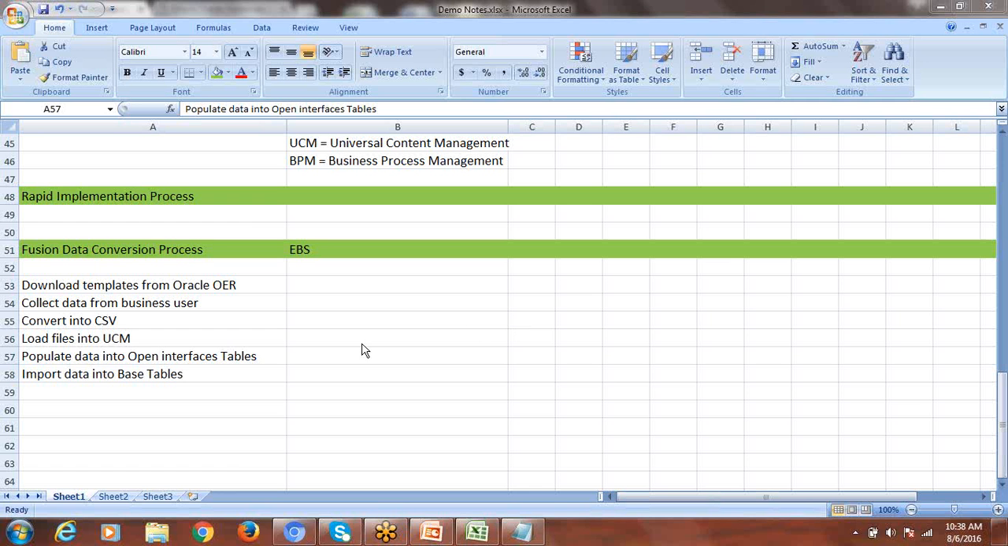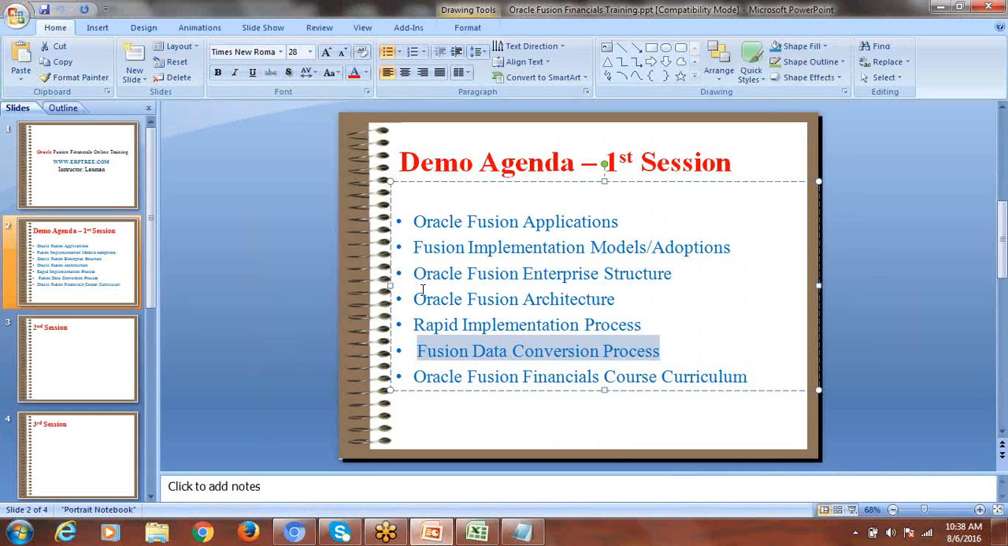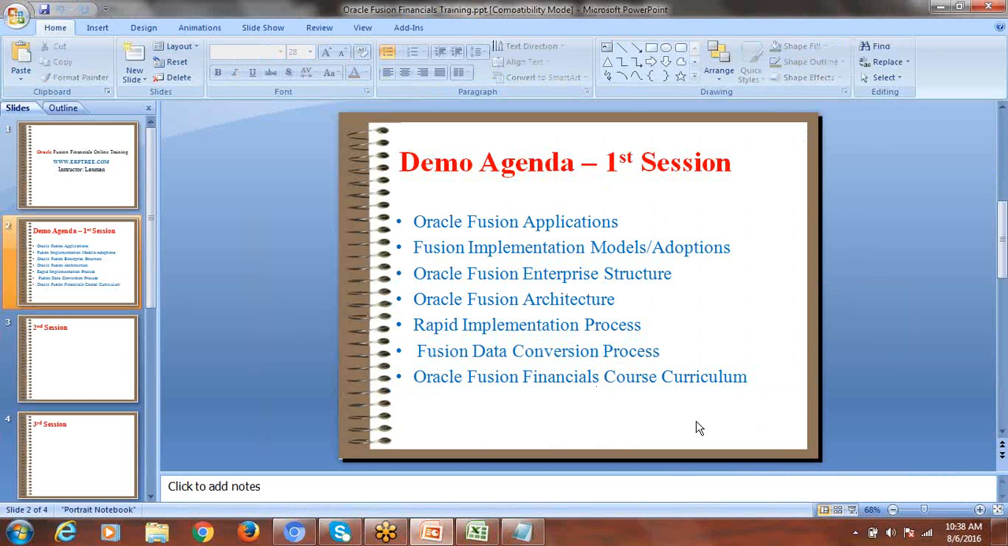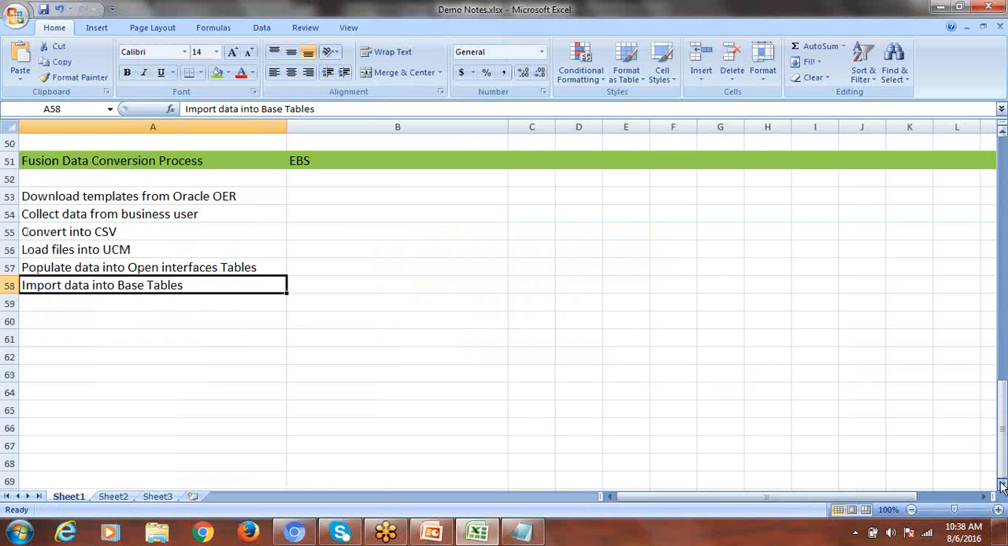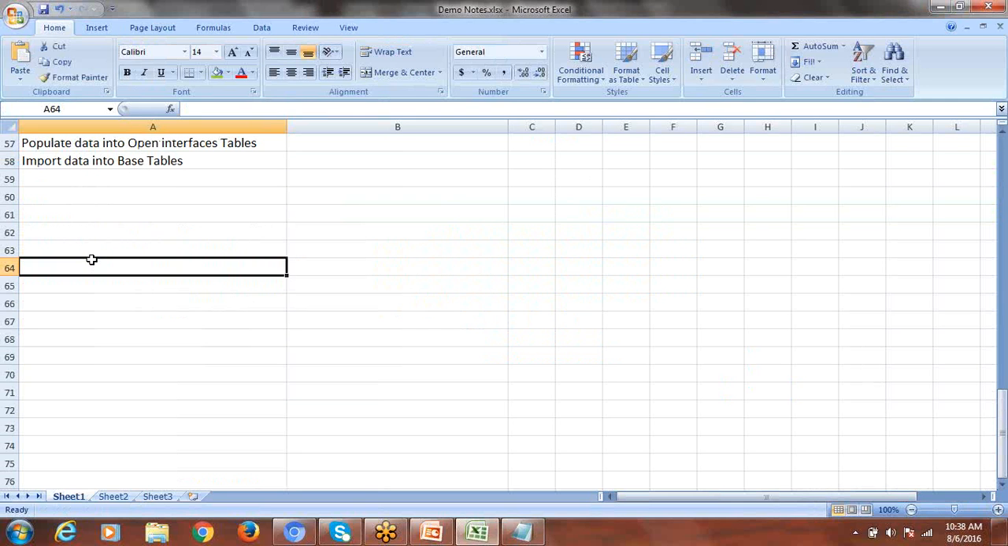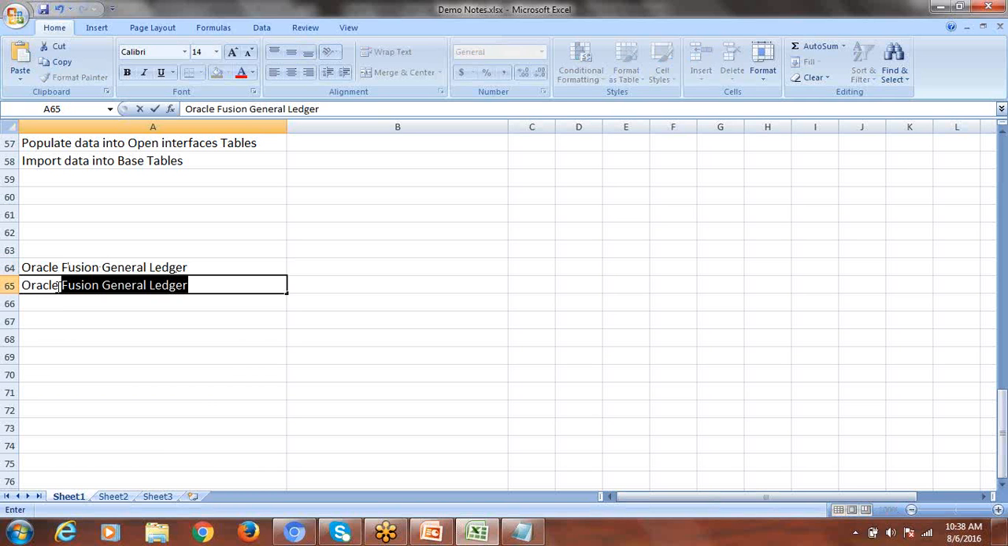If there are no questions, we'll move on to the next step. So this is all about data conversion. The next point remaining is our course content. So basically in our course, we'll be covering Oracle Fusion general ledger application, and Oracle Fusion